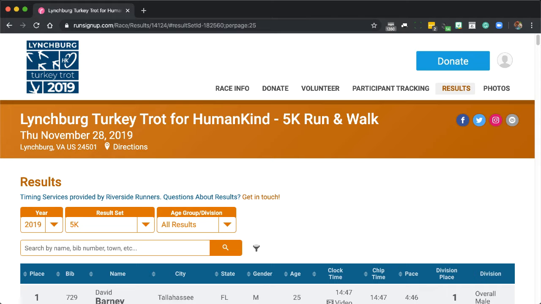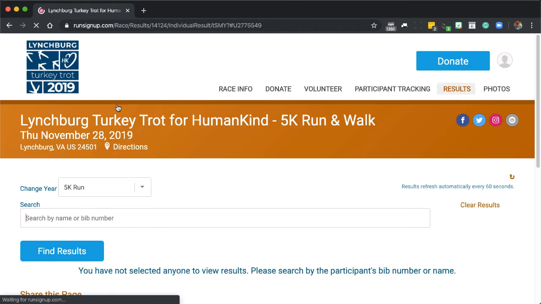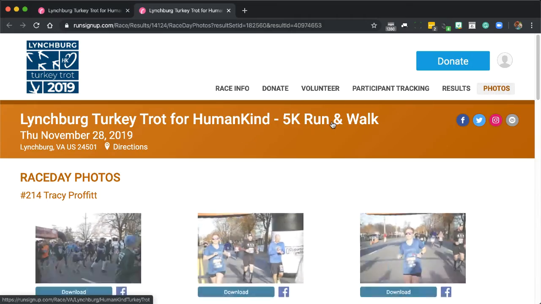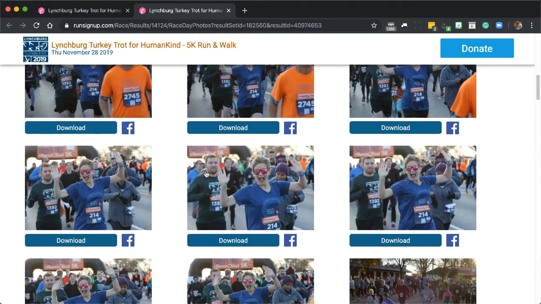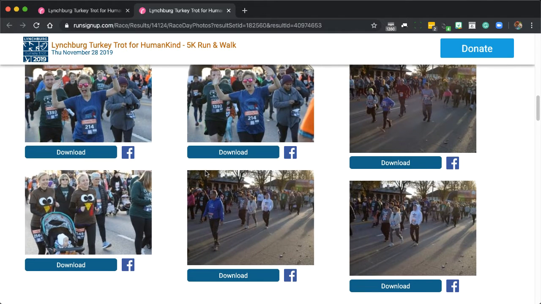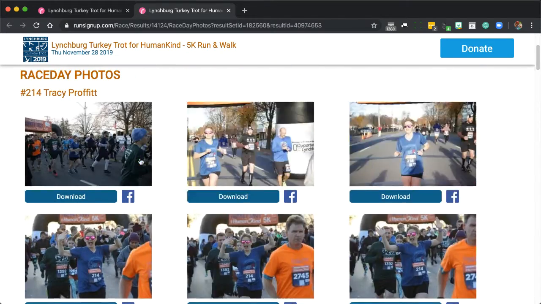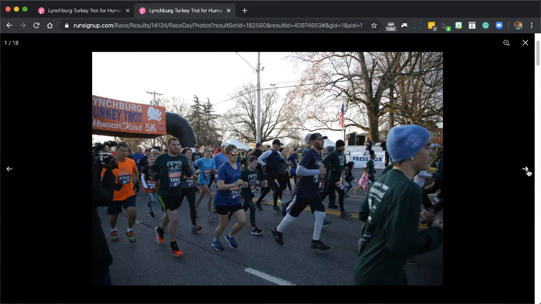When I go to search for a runner, I search for the name in the results page, I pull up the runner, and then I click on photos for that runner. Initially I see 3, 6, 9, 12, 15, 18 photos before I get to the near your finish section. Now if I go up here and click on this first photo and then scroll through them,